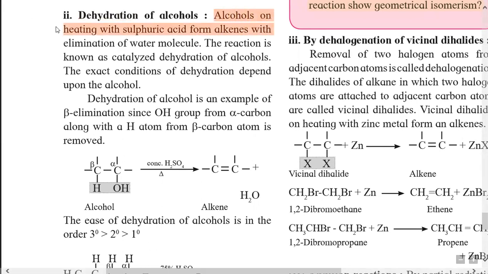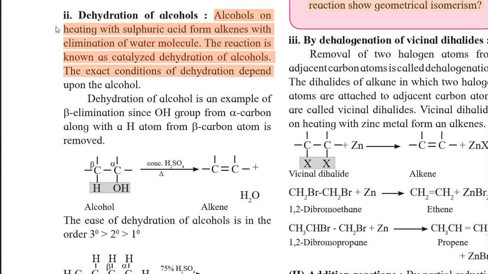Alcohols, when heated with sulfuric acid, form alkenes with elimination of a water molecule. This reaction is known as acid-catalyzed dehydration of alcohols. Remember this name too: catalyzed dehydration of alcohols. The exact condition of dehydration depends upon the type of alcohol, meaning primary alcohol, secondary